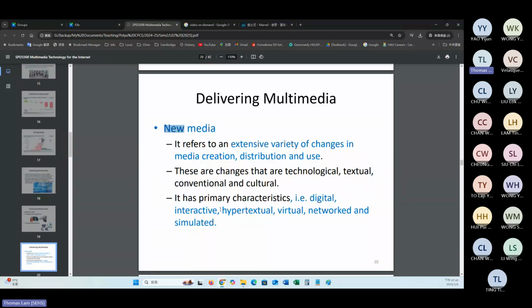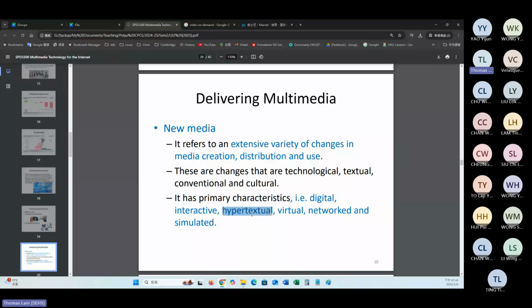Again, here come certain characteristics of this kind of new media. Usually it's digital, okay? This one is obvious. Interactive: sometimes the media content supports interaction, just like a choice, you know. For example, if we subscribe to Netflix or Disney Plus, it's a kind of interactive platform for the new media where we can choose.